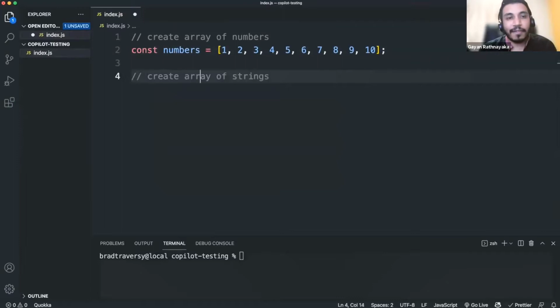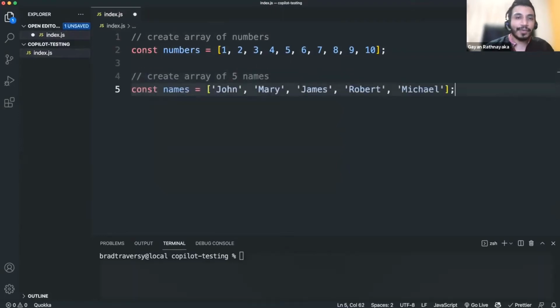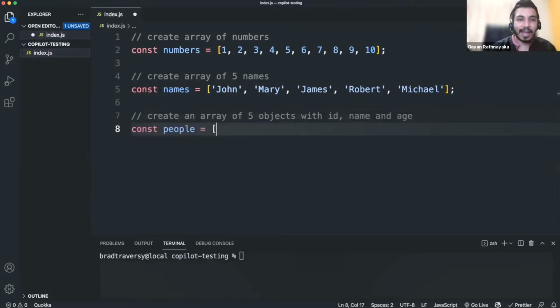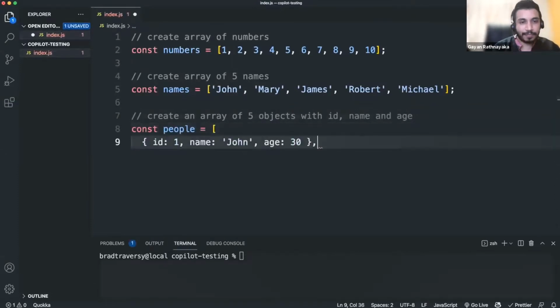And here we are typing create an array of names, and let's see what it does. Okay, it gives you 5 random names. It has an idea of the concept of names, and it knows how many names to print. So all this is being done by the AI itself. It has the knowledge like a human. When I tell a developer, okay, define an array with 5 names, this is what they do, right? Same, this AI has the knowledge to do that.